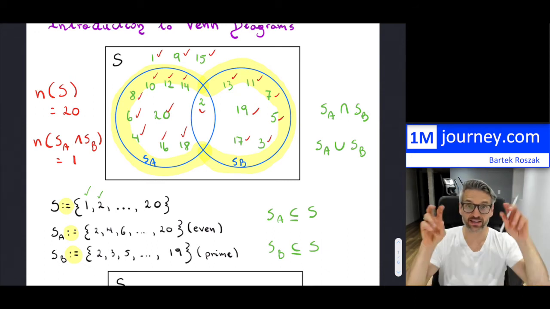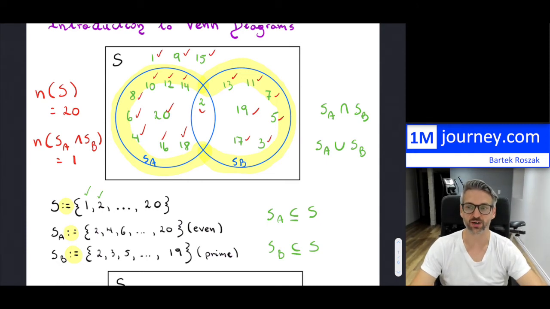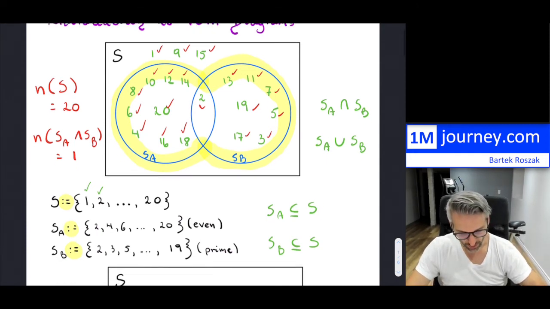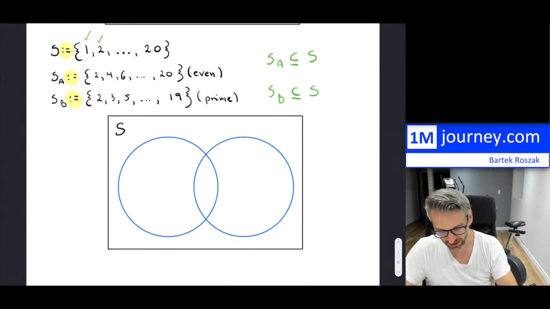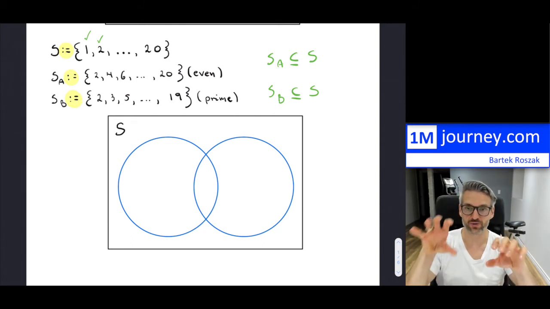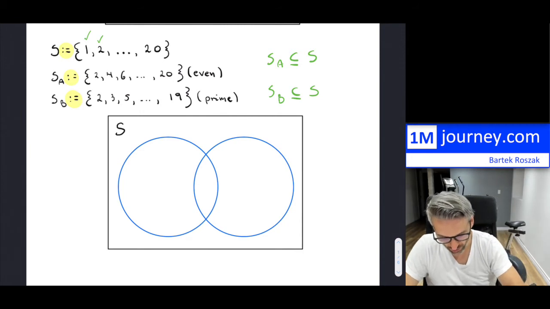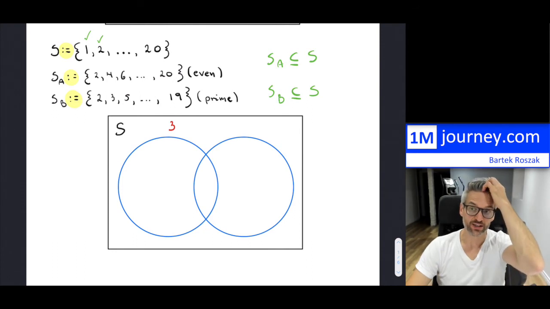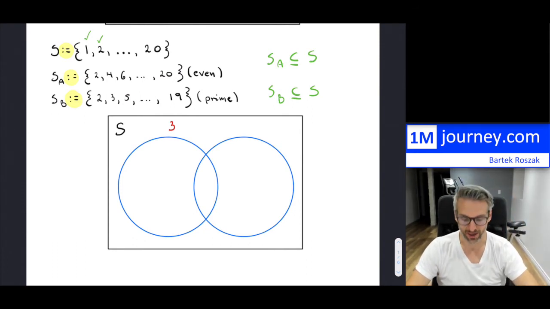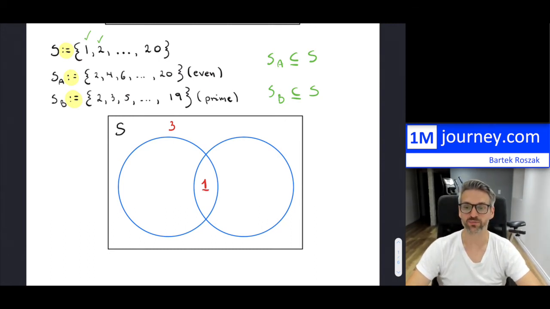And so that n that you see there, and then in brackets we put in whatever sets we want to be able to count, we do that. And so what I want to do here is, for instance, if you were just interested in the numbers, not the actual elements, you can say, okay, how many did we have? Well, we had 3 items that were outside of those two sets, those even and prime. We had 1 item in here, so that was the 1 item that was the intersection in between,